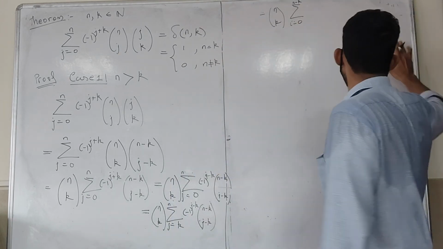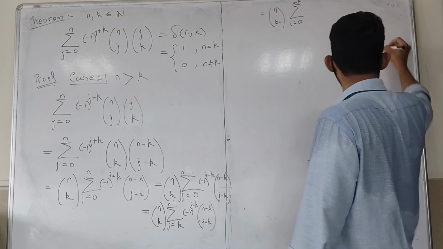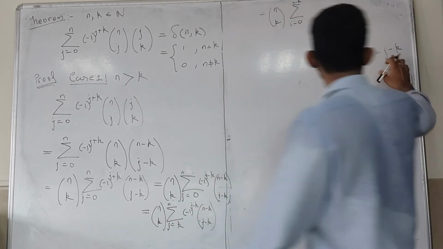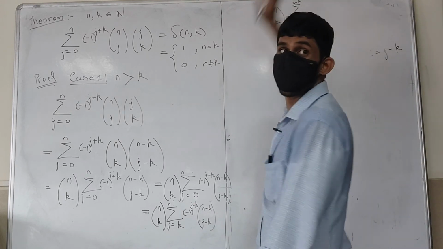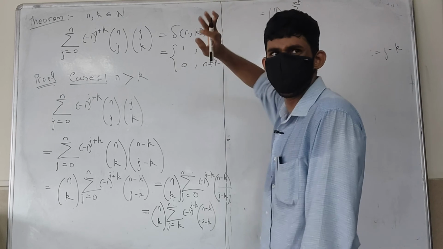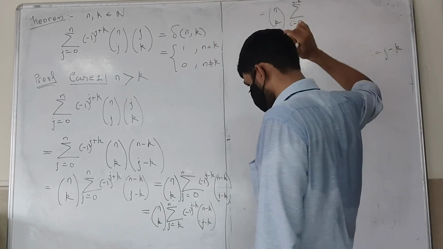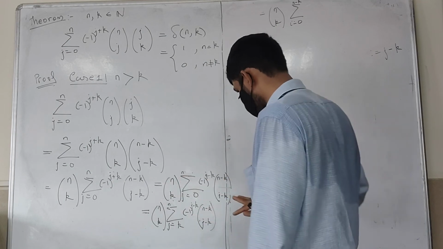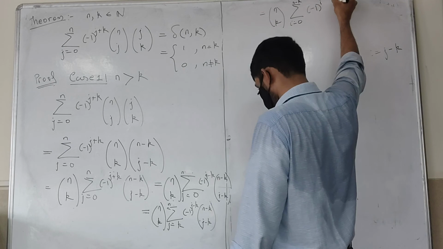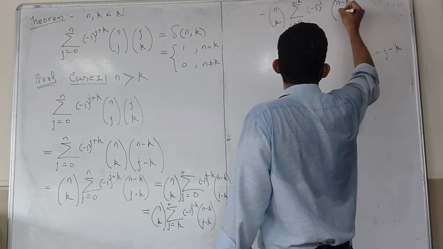But here what happens is, i is j minus k, j varies from k to n, so i will vary from 0 to n minus k. Okay, k terms, right? k plus 1 terms, I think. What is it? Not k. n minus k plus 1 terms. Okay, in both cases, I hope I'm right. Yeah. So that is minus 1 raised to i, n minus k. What is this?